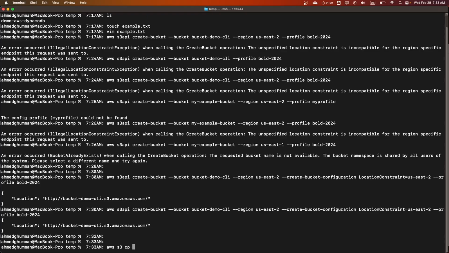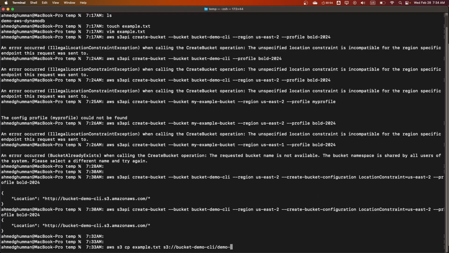It's gonna be a cp and the name of the file, which is example.txt, and then the S3 exactly like that. So it's gonna be s3 colon slash slash the name of the bucket, which is, in our case, bucket demo CLI, and then we're gonna give like a folder if we want,